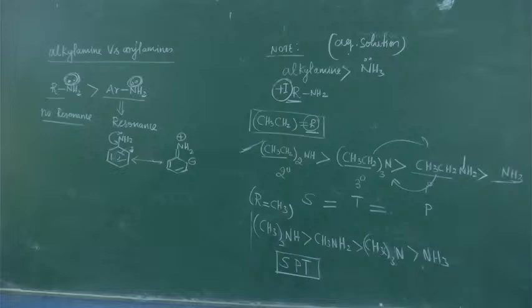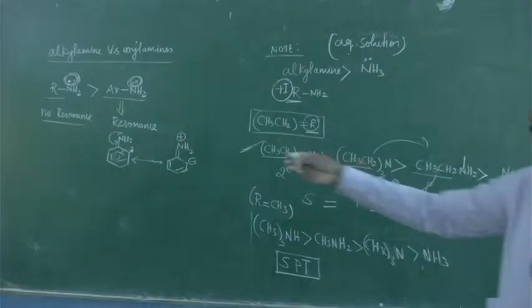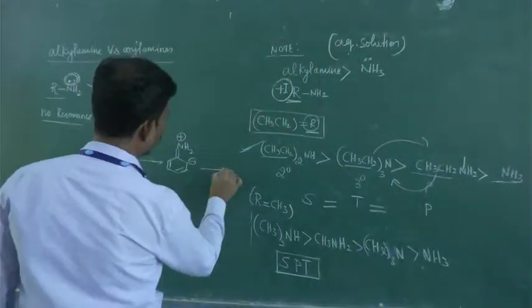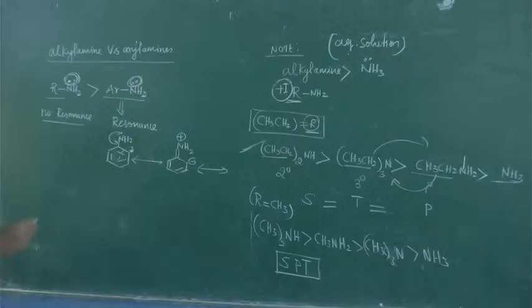So whenever you compare alkylamines versus arylamines, alkylamines are more basic when compared to arylamines, because in arylamines there is resonance. In alkylamines there is no resonance, right? You can simply drop the resonance there, it's understood. So the availability of arylamines is going to be less. Is it clear? Now